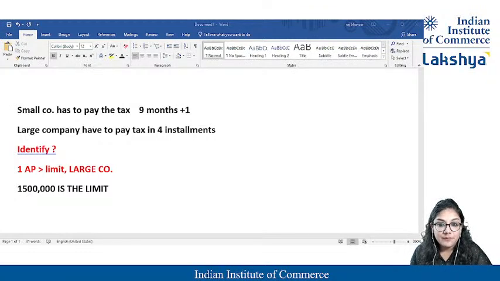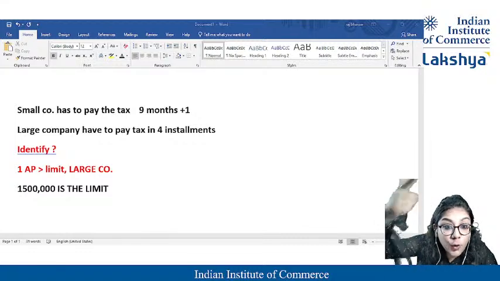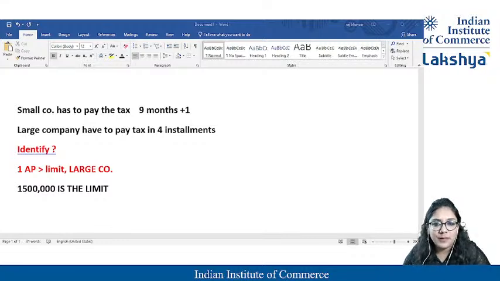If the period is less than 12 months, students, it will always be a small company, right? But if the period is more than 12 months and you are a part of more than 51% of the group of some companies, then it will be a large company. Then we have to divide them. Okay, so this is the background that I know.